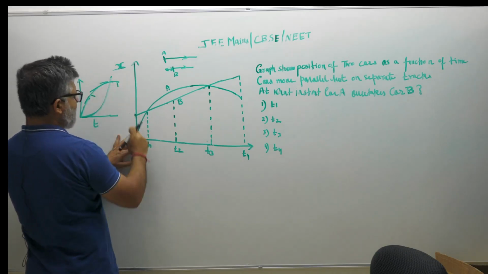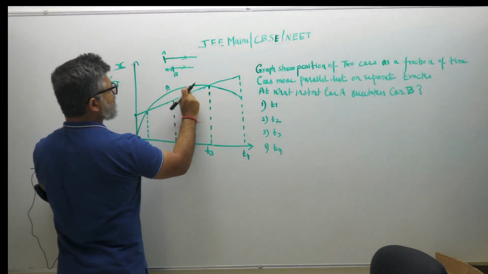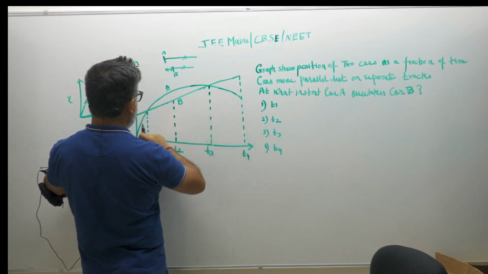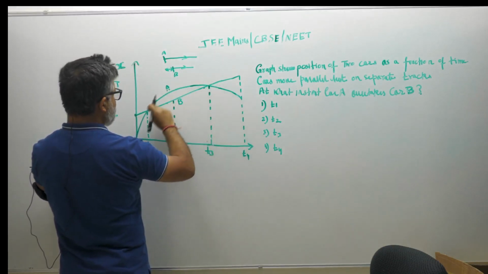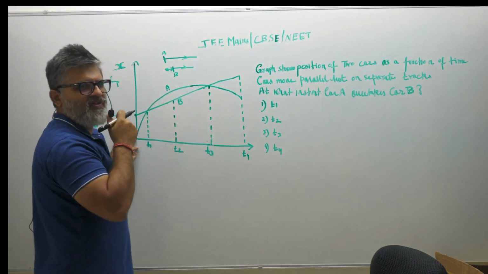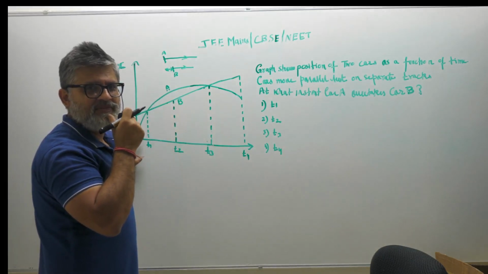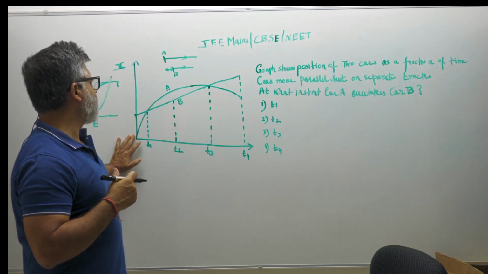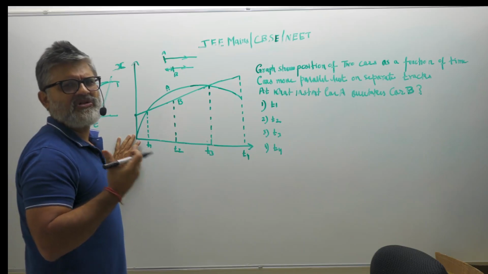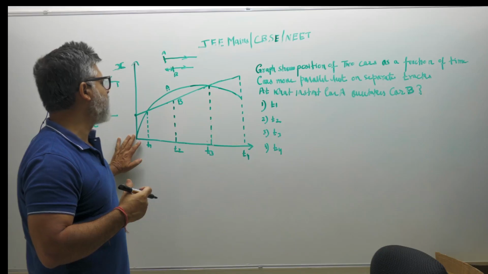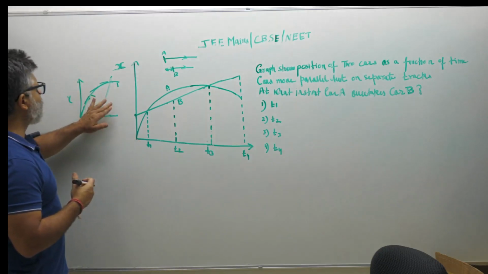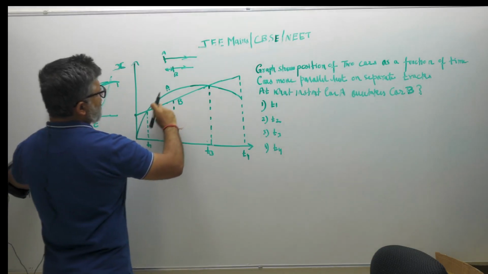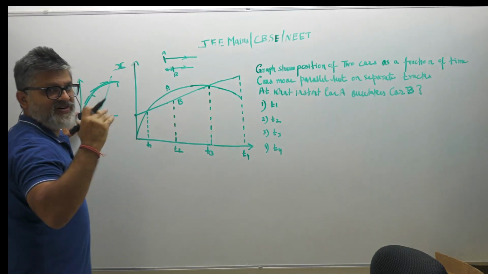But if you notice, this graph is going like this. It reaches a point and then goes down like this. So graph A is essentially like a non-uniform accelerated motion. We really can't say it's an accelerated motion. It may be non-uniform accelerated motion. It doesn't look very close to this, but it looks very close to this graph. So this could be decelerating motion, but let's discuss it further.